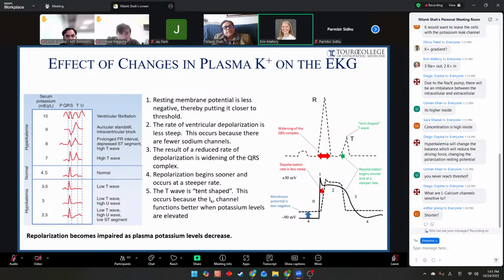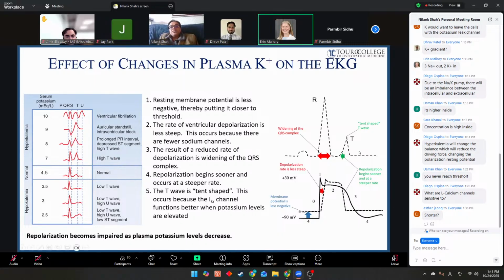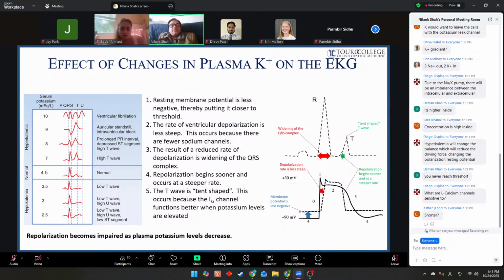It decreases in the ICF, so more potassium will leave the cell, moving it further from the threshold. Potassium keeps leaving down its electrochemical gradient, because there is a large electrochemical gradient for potassium to leave the cell. So inside becomes more negative. You are hyperpolarizing the cell membrane because you are driving your resting membrane potential more towards the potassium equilibrium potential, since there is a large driving force for potassium to leave the cell from ICF to ECF in hypokalemia,